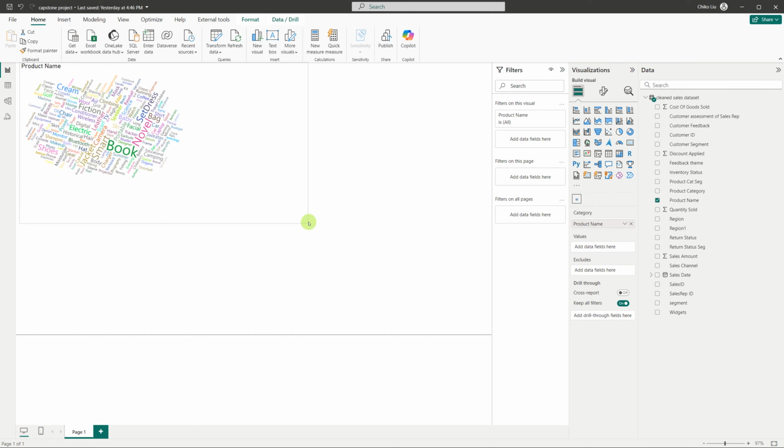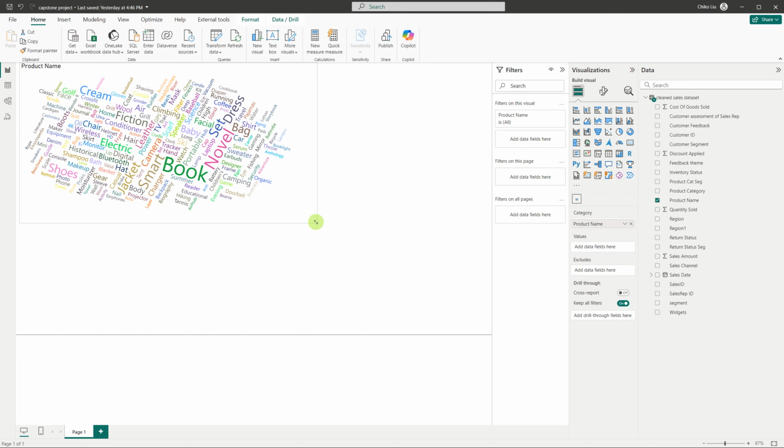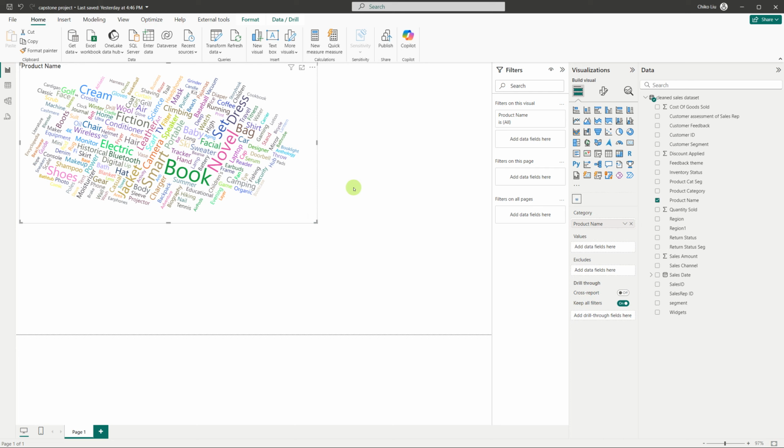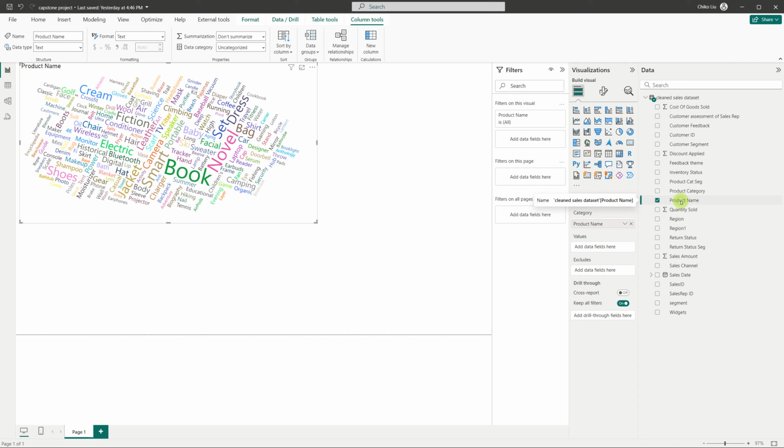So you can see a lot. And the other thing I want to do, values. This is like the number of times it occurs. So I can click on this and drag here, but I'll rather create a measure for it, right? And new measure,